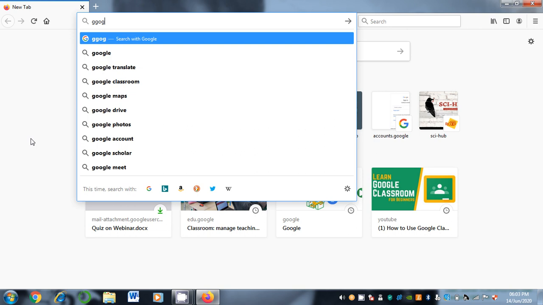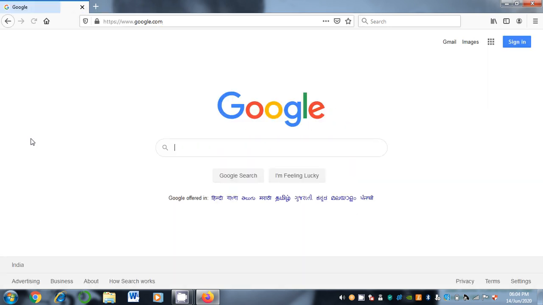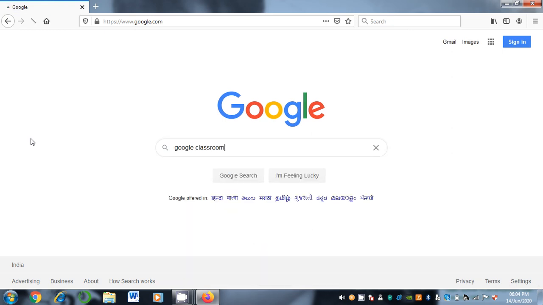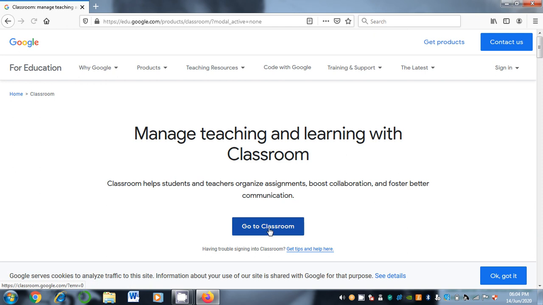First go to Google and type Google Classroom in the tab and click on Classroom, Manage Teaching and Learning, and click on Go to Classroom.